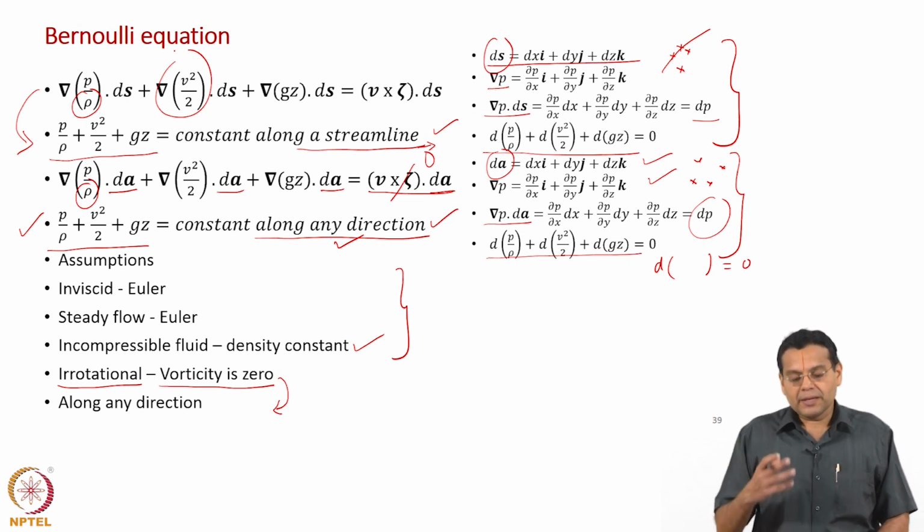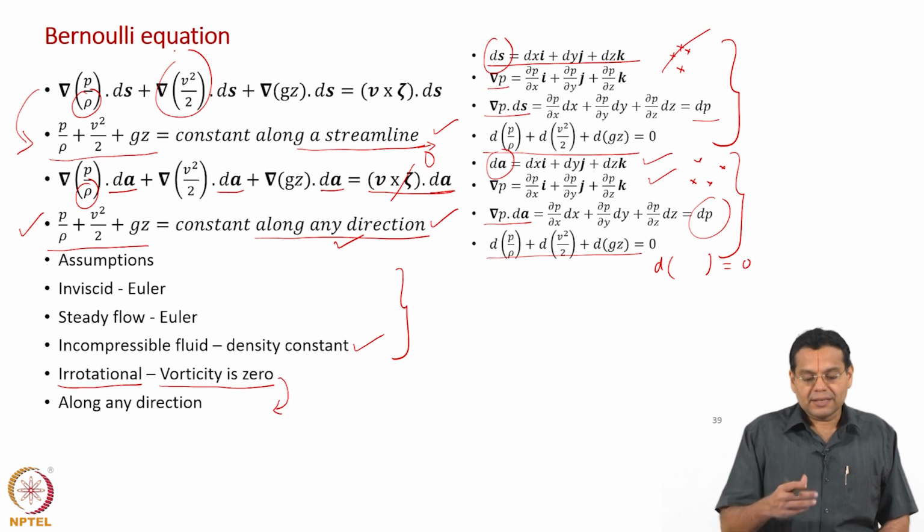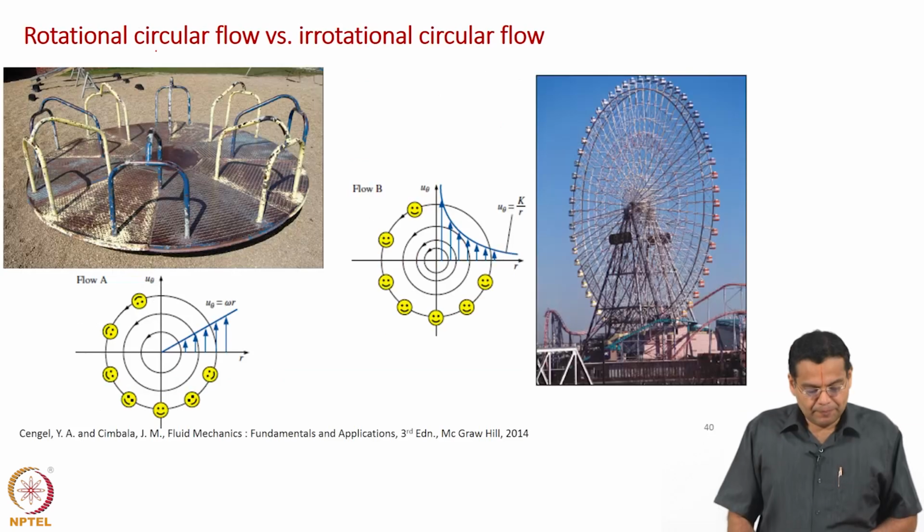So, the methodology of derivation that we have adopted is usually available in the later part of the book. In the first part of the book, it is taking a particle and looking at the forces, which is what we have done, also indirectly. So, if you want a reference, this derivation will be available in the later part of the book. The derivation done in the first part of the book, in principle, is physically the same, though it may look slightly different.